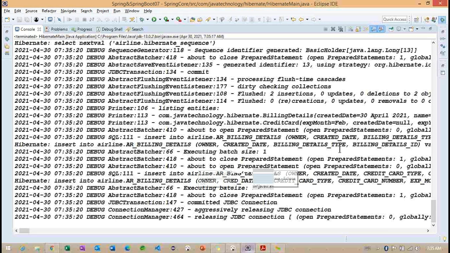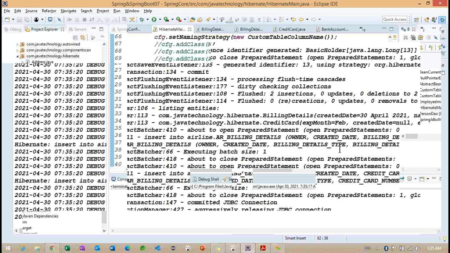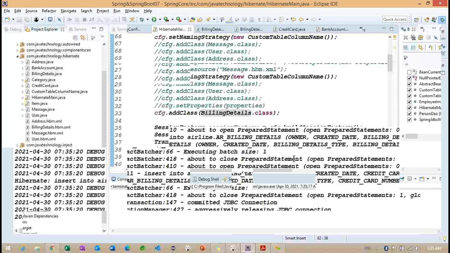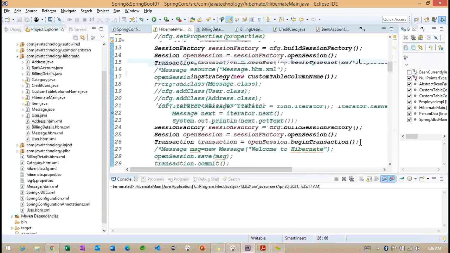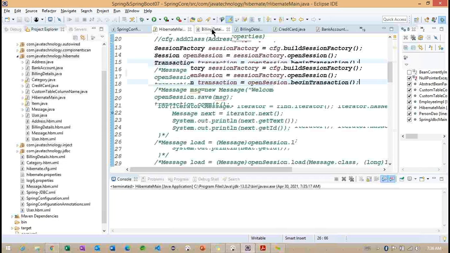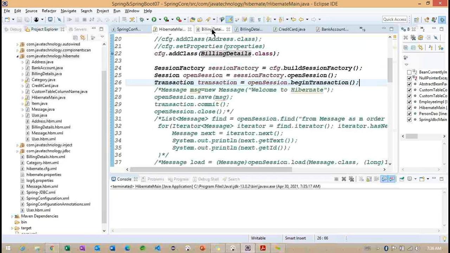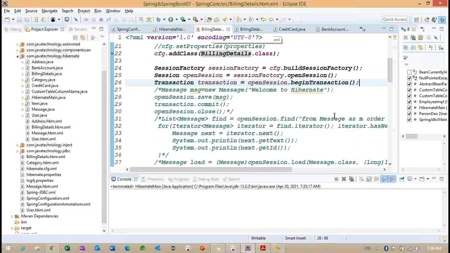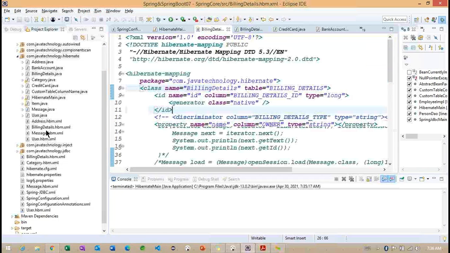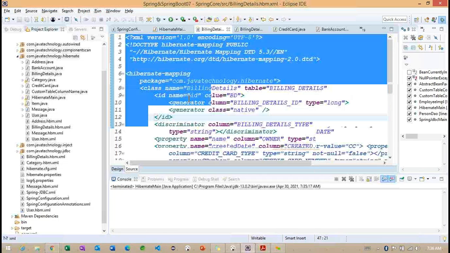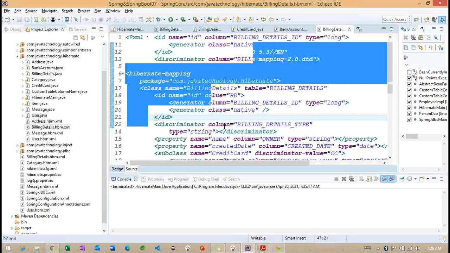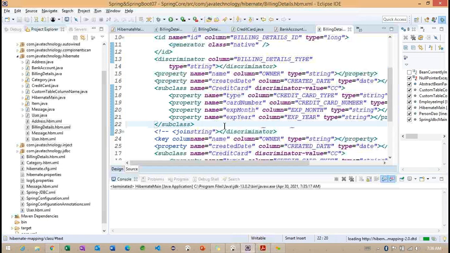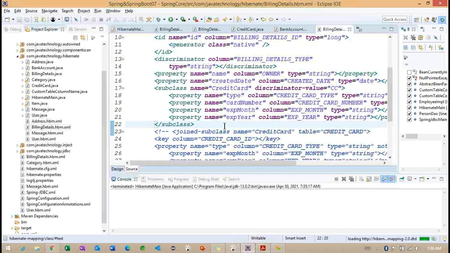Okay. Let me run the same information one more time. Null value in the column billing details type. Okay.